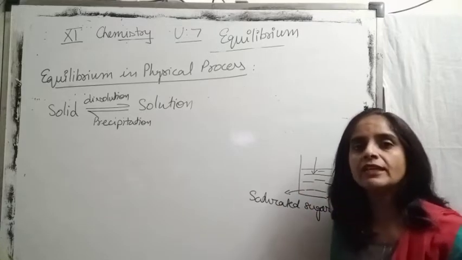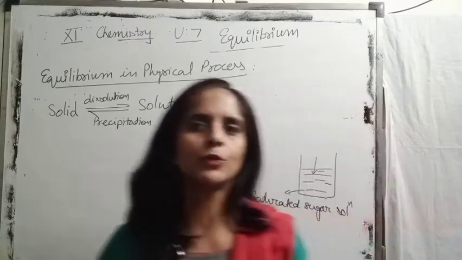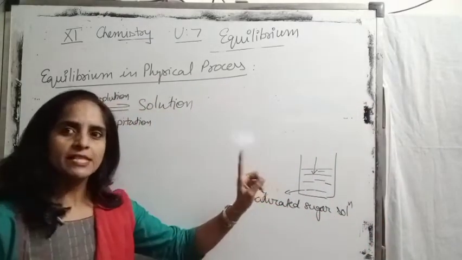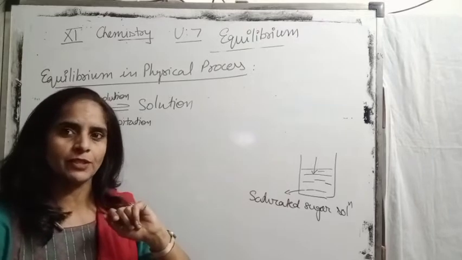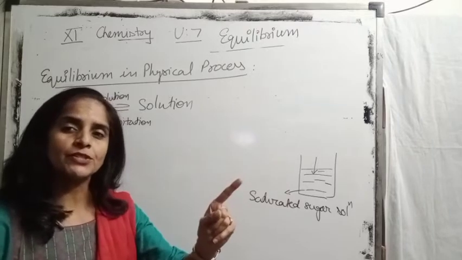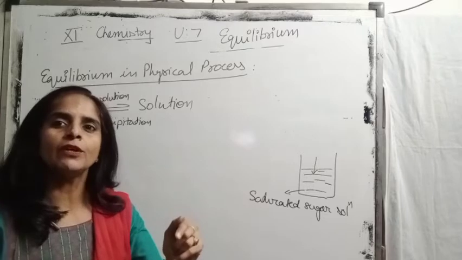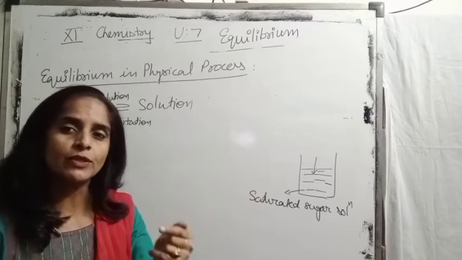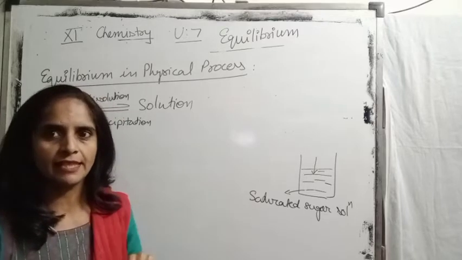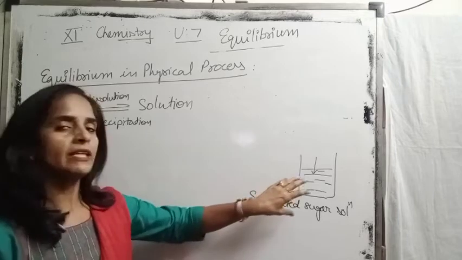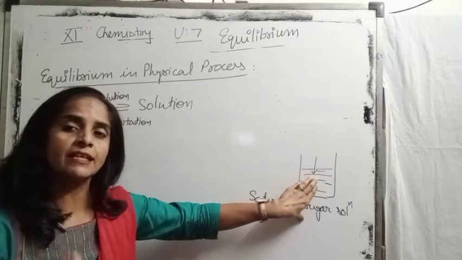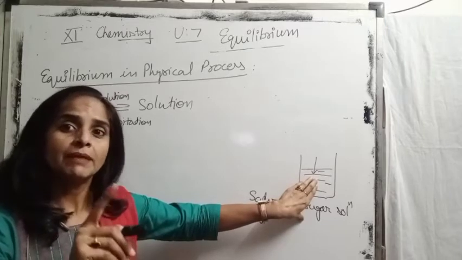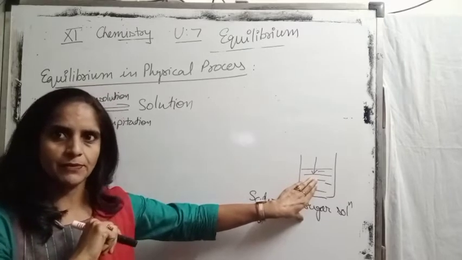Or we can even prove this experimentally, that the process is not stopped, because we read that equilibrium is dynamic in nature. Still it is in continuation, but we cannot observe that change which is happening at this stage. Now how can we experiment this? Experimentally how can we prove that yes, dissolution is still going on but precipitation has also started?